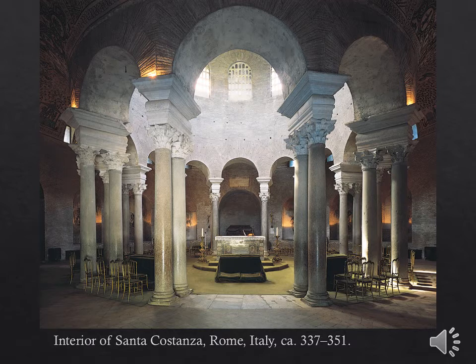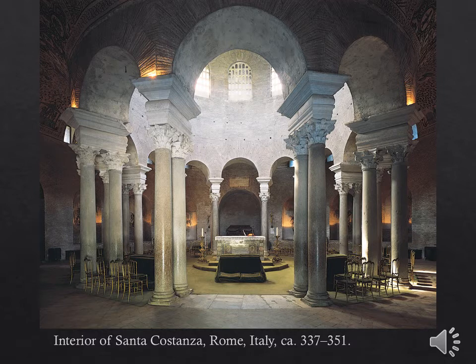So in this interior shot of Santa Costanza, also in Rome, you'll notice that this is a central plan where our apse is in the center of the space, and our nave, instead of being a long corridor leading from the narthex to the apse, is instead a circle that we call an ambulatory that goes all the way around the central space. Some of these central plan buildings can be extremely large, as we'll see, and it creates a different kind of environment where you have sort of an all-around approach with putting the center of worship, the altar, right in the heart of the building.